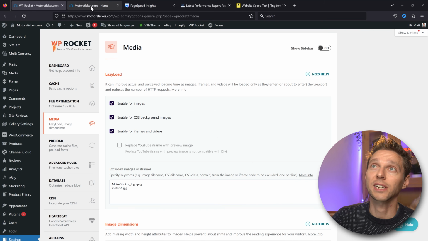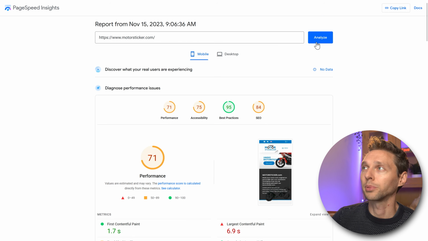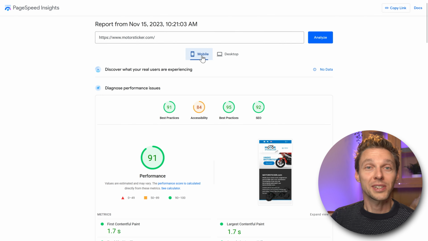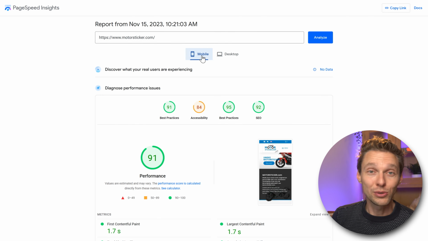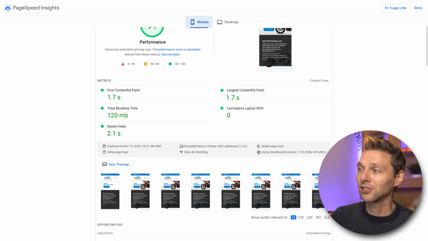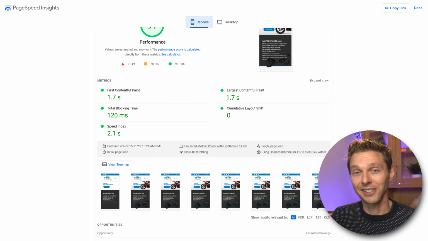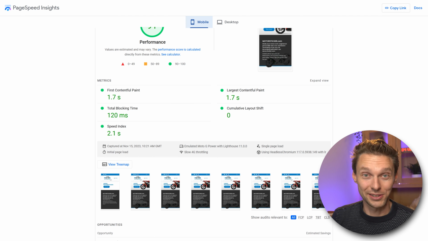Now we're gonna recheck. Now we go to PageSpeed Insights and we're going to recheck this score. Press analyze. So the website now is very good, so I'm really happy with these results. And if we scroll down, you can see that all these images are just way better than before because the images are now loading instantly, and that makes sure that the largest contentful paint is not that high, so your score is getting higher. So here we go, now we have better results.